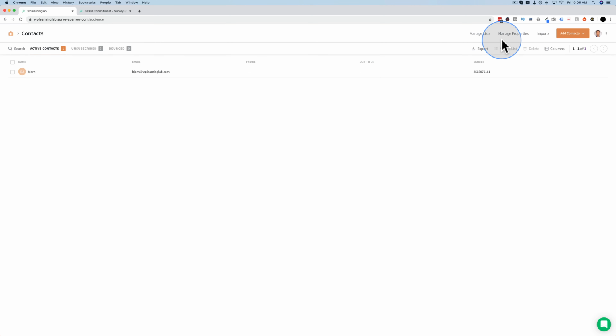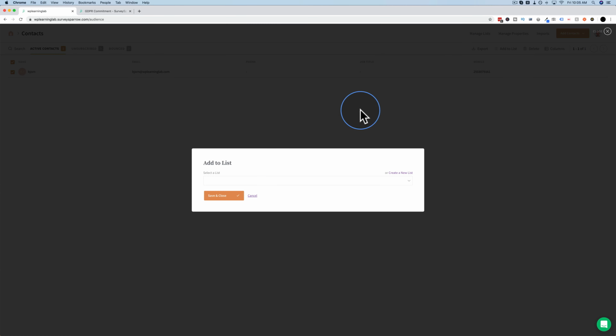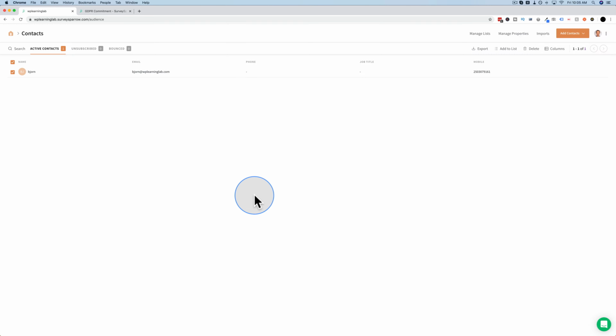So in the contacts, we covered manage lists, manage properties, imports. You can also export them. We can add people to lists, so we just check the box. We can add them to a list we've created. We only have one list currently, and this person's already in there. So there's not much to do there, but that's how you add them to a list. You can also delete them, check the box again, delete,